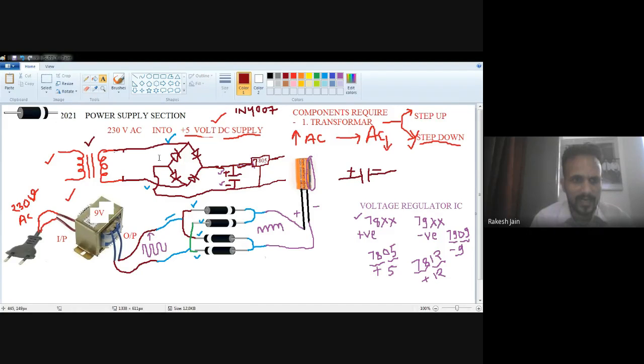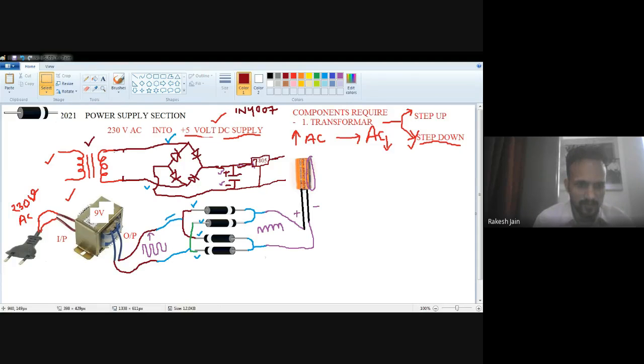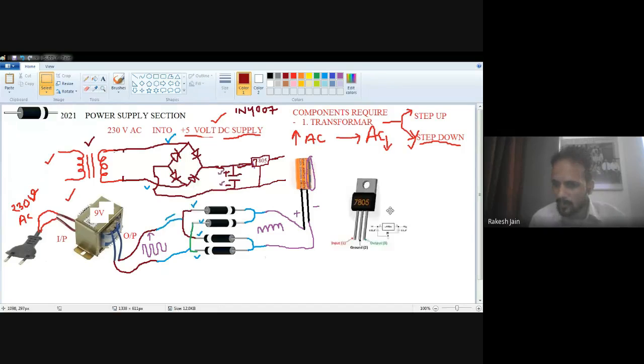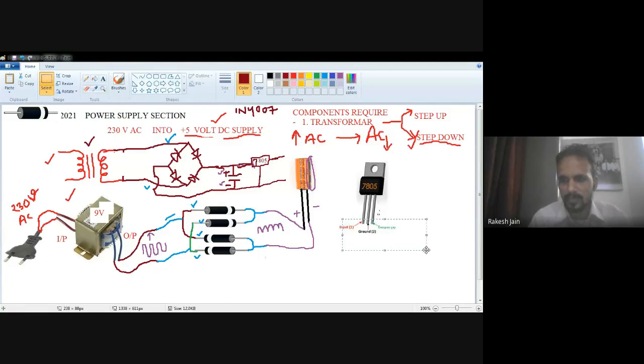Now, how will it practically look? See, it is black in color, and this is the 7805 IC. If you require 9 volt, for example, which IC will you purchase? 7809. See very carefully, I just brought the image. When you purchase from the market, the number is always written on it. 7805, 7809, all will look like this. It is in front of you.